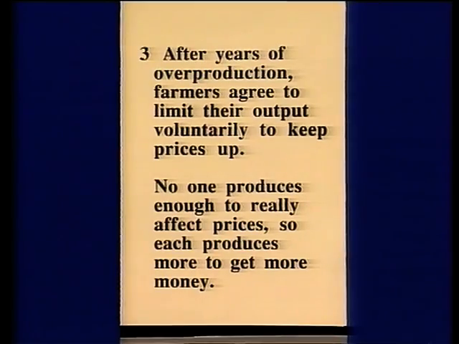For the more agriculturally minded, here's a third example. The problem of overproduction. In order to keep prices up, farmers will have to agree voluntarily to limit their output. But each farmer could reason, by him or herself, that it doesn't really matter whether I overproduce or not. My contribution to the total is minuscule. So the net result is each person, being a bit selfish, is tending to overproduce. And the net result is they all suffer.